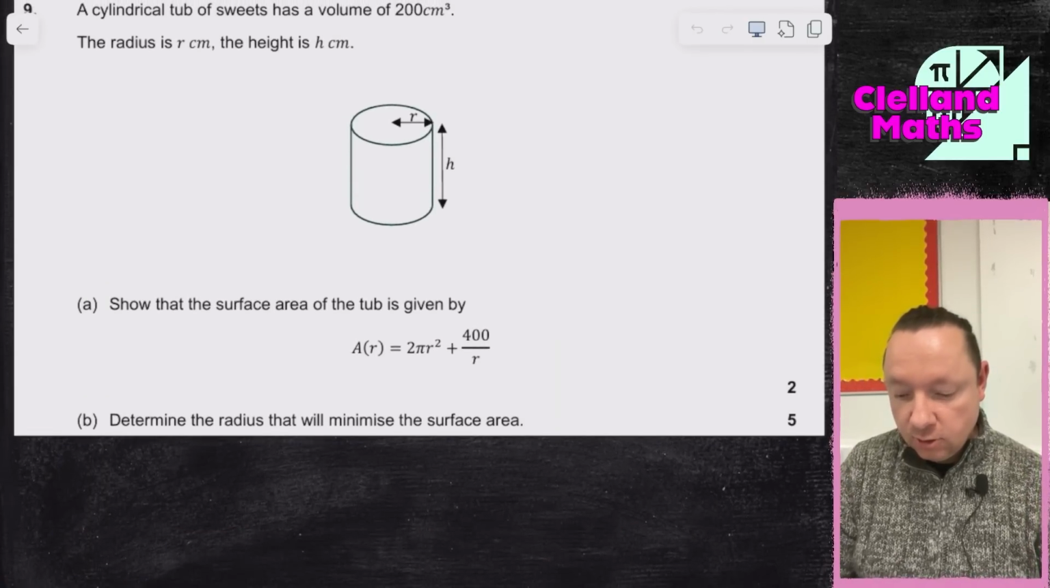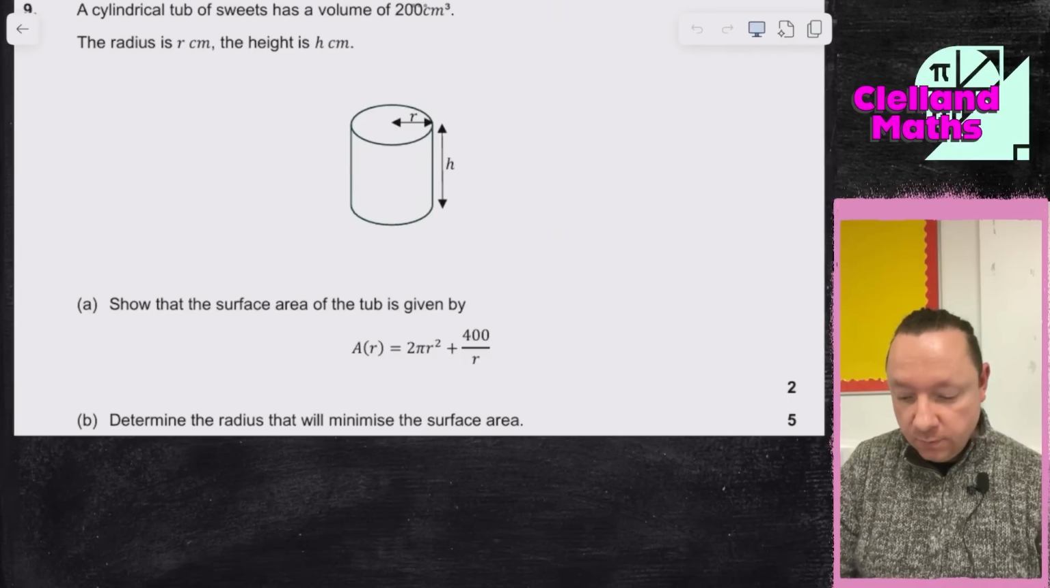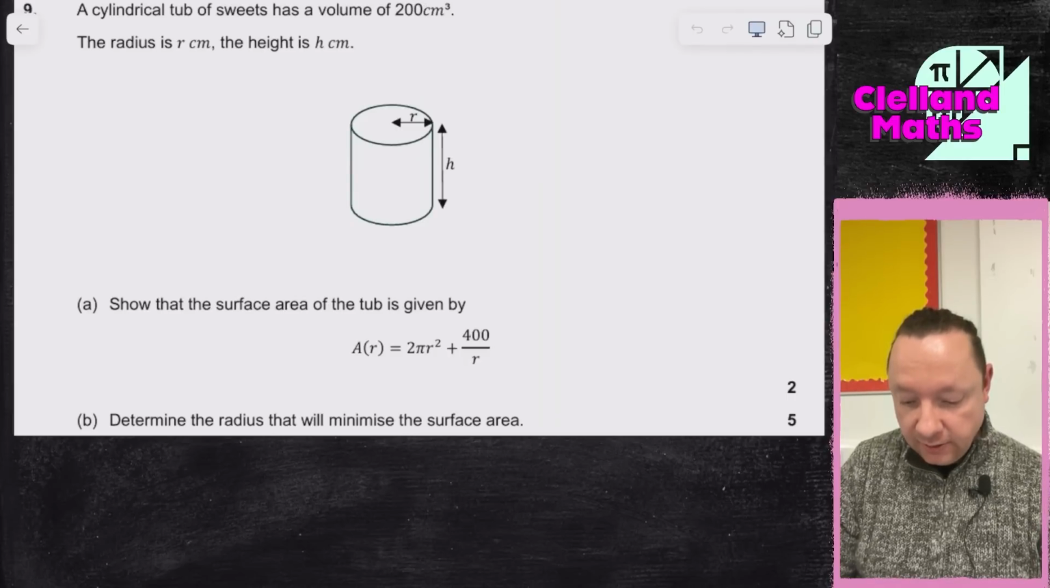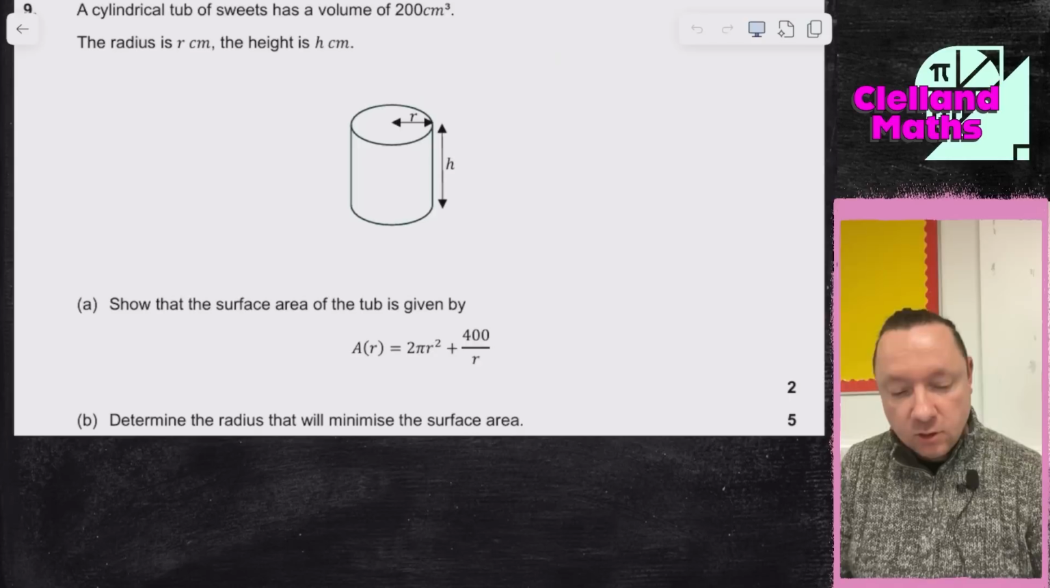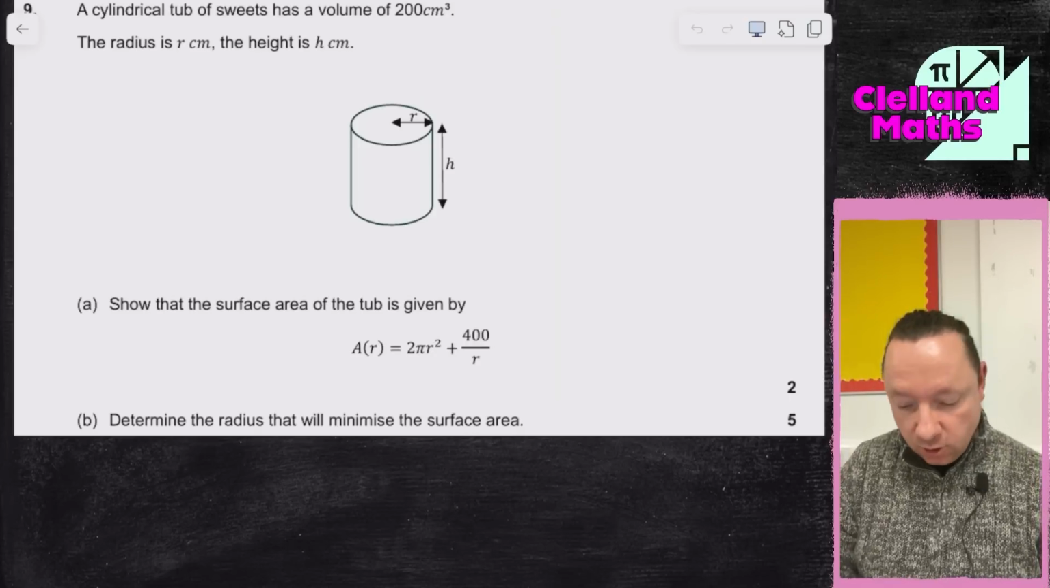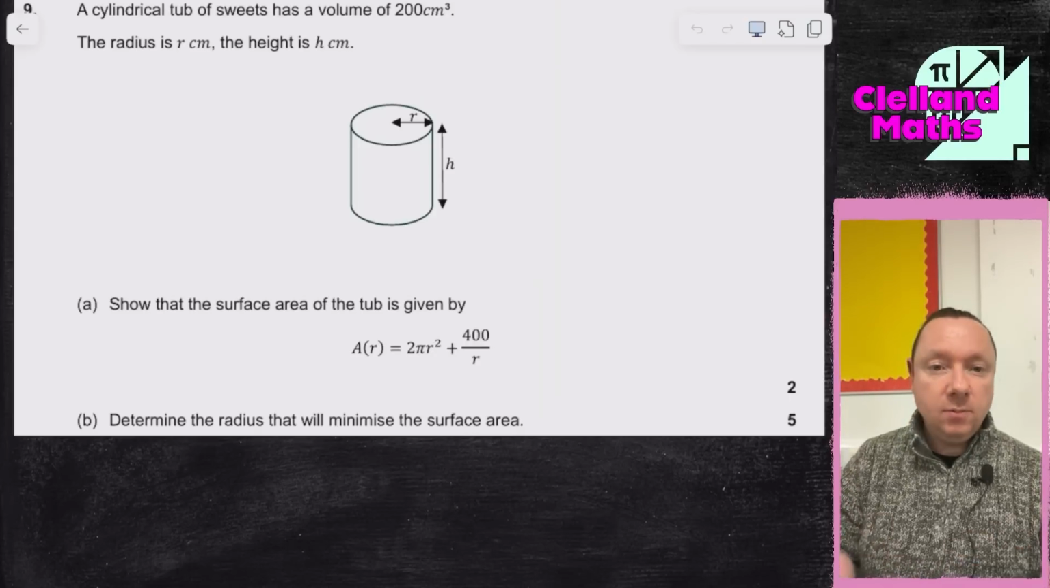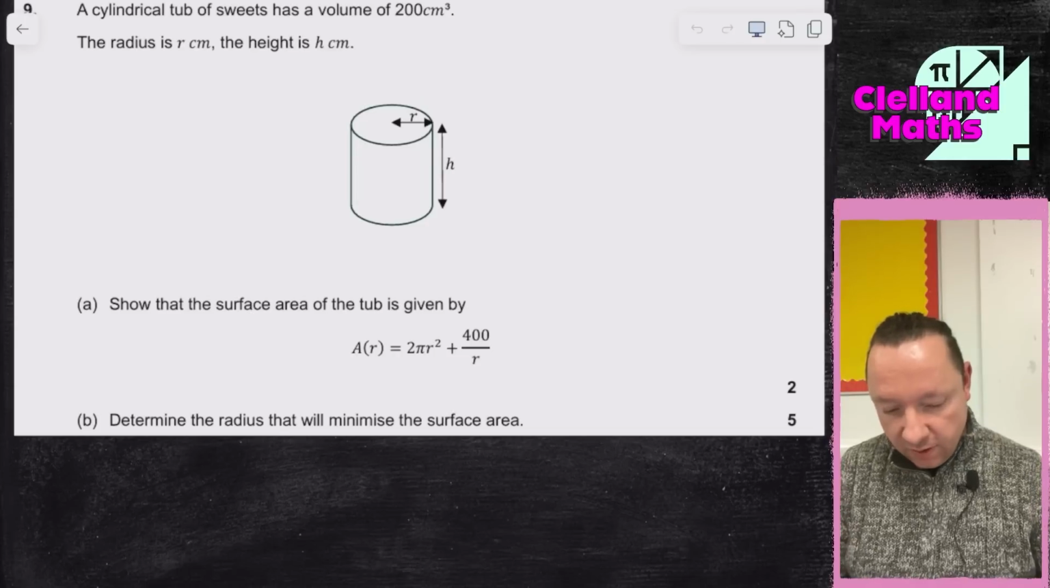A cylindrical tub of sweets has a volume of 200 centimetres cubed. The radius is r and the height is h. Show that the surface area is given by that formula. So surface area, this is going to be an optimization question, of course. If you can't do part A, jump to part B. That's the idea. But for part A,